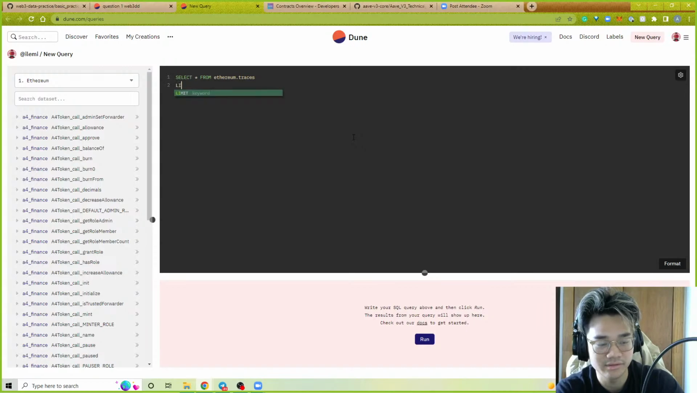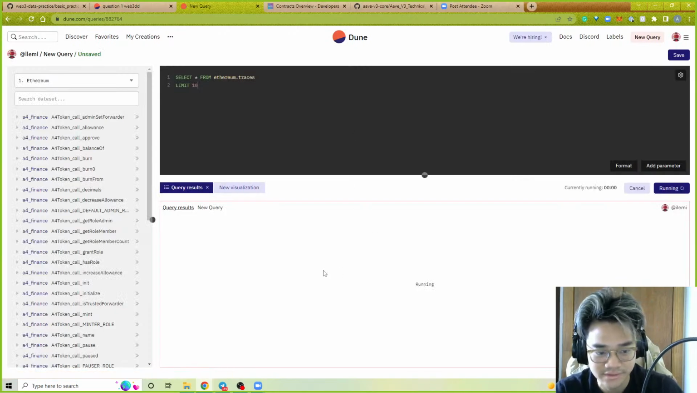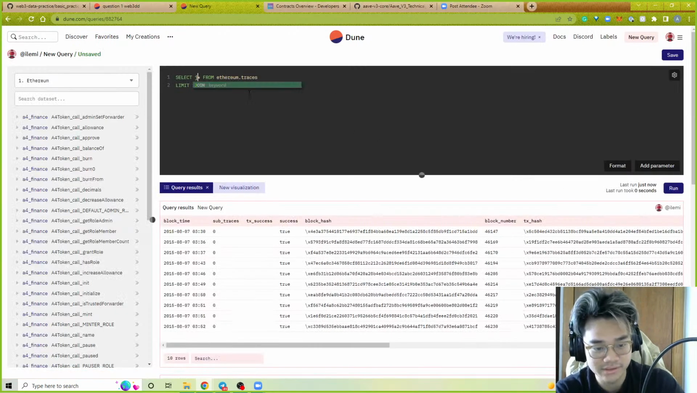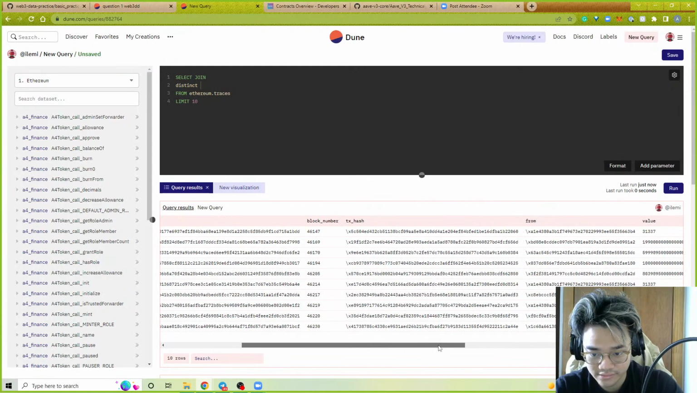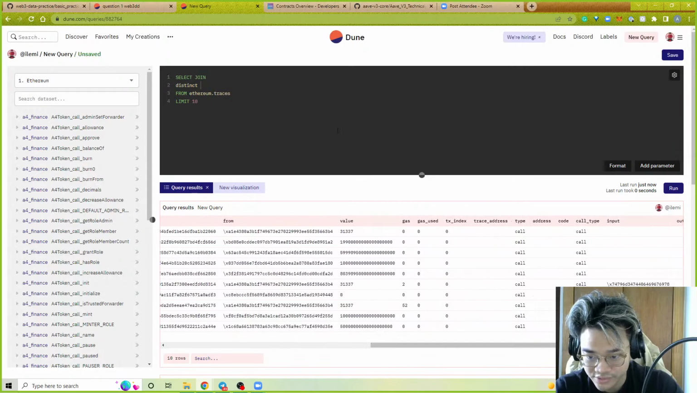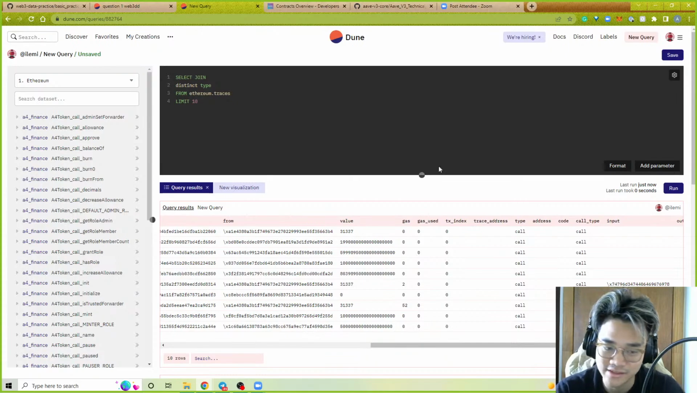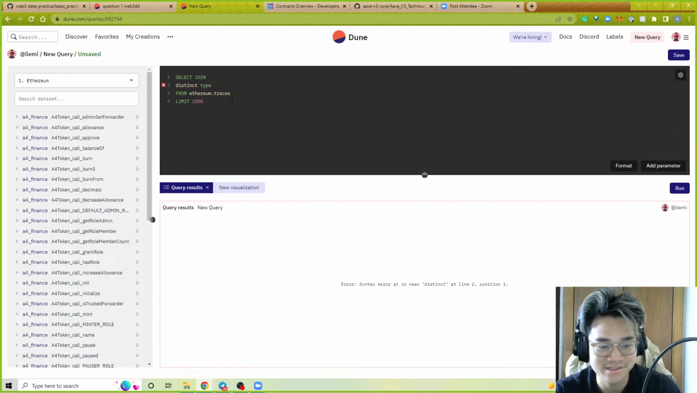traces, maybe limit 10,000, or yeah, let's just limit 10 first. And I want to check distinct, just type, not call type. Last time call type was where we saw call value, call, static call, and delegate call. But type is higher in the hierarchy. So if I just look at distinct types,